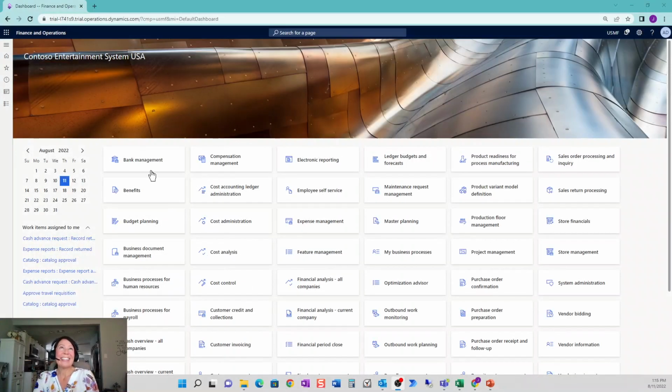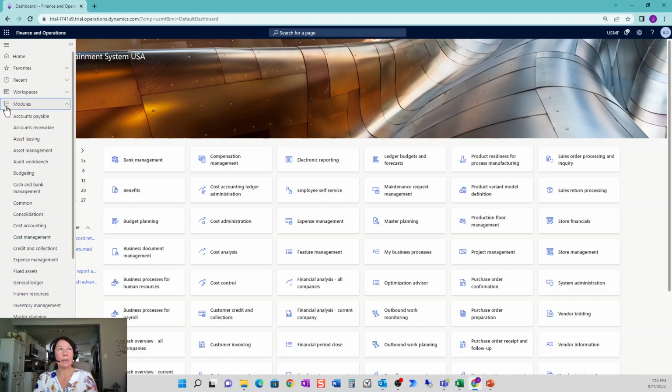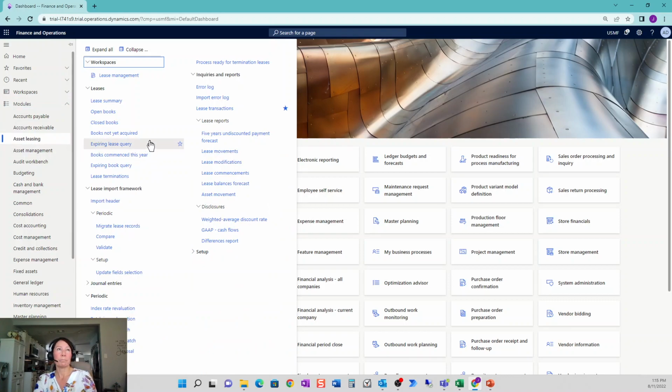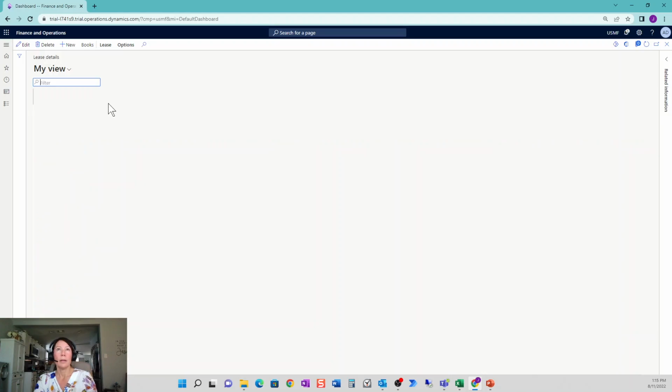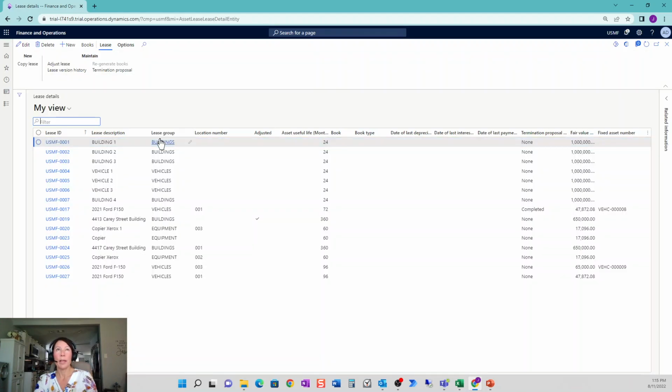Okay, let's get into D365, and we're going to go over to modules. Now, I have enabled this in feature management, which you would need to do ahead of time, and it's called asset leasing. So we're just going to go to asset leasing, and come up here to lease summary. There's a wonderful table header view where you can add in as many columns about the asset as you like, so you can have visibility of all your leases in one spot. We're going to go to New,